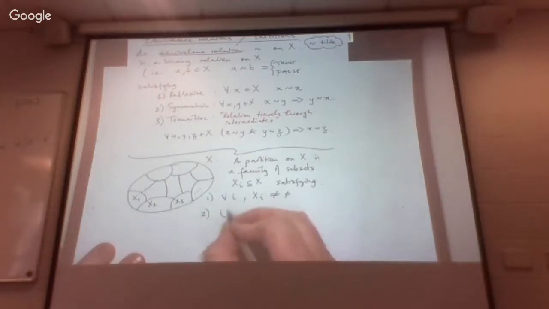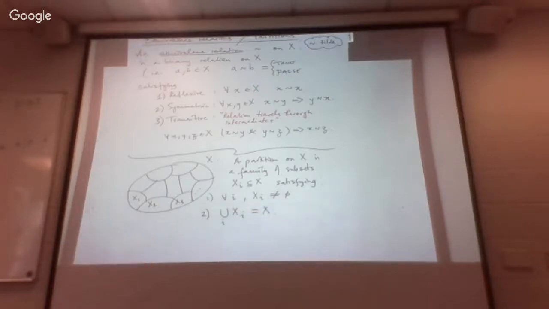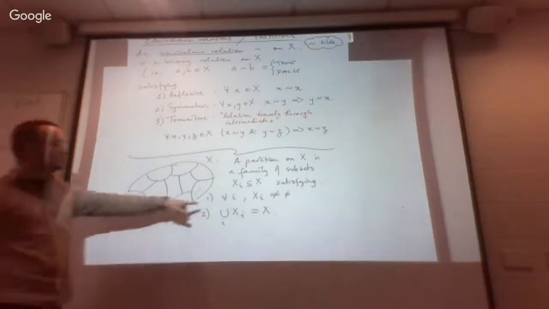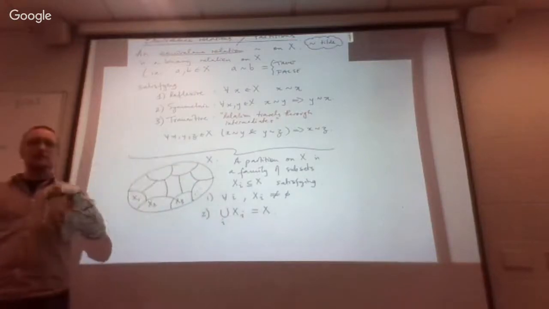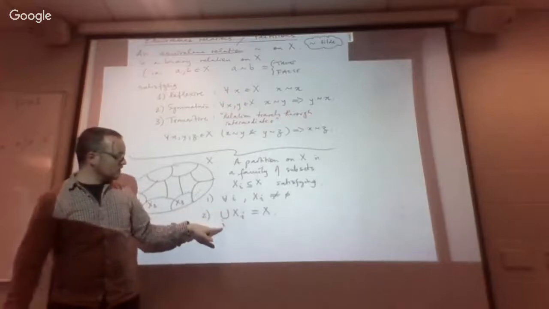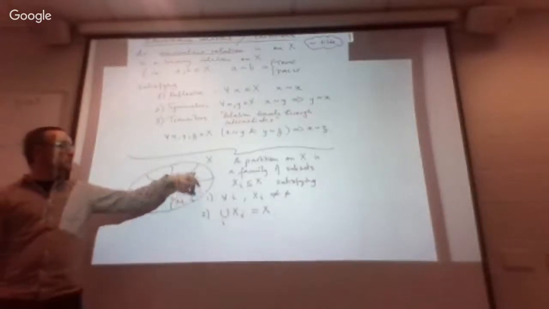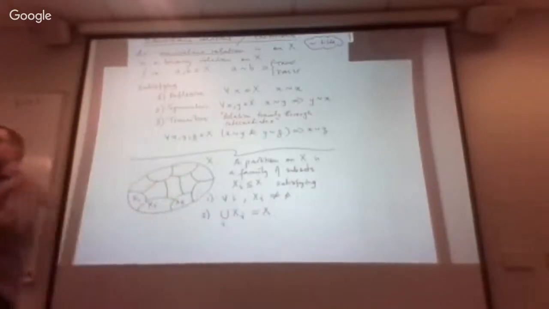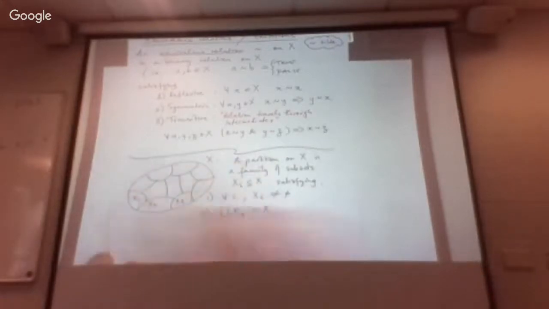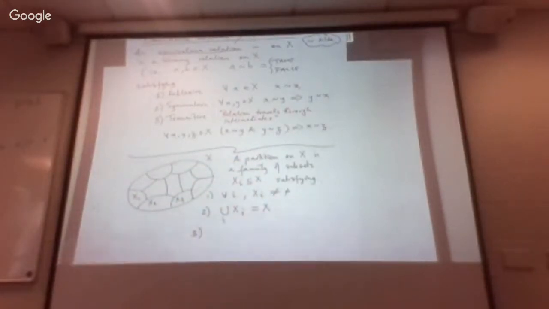Second property is that the union over i of the xi is equal to the set X. Here I'm using the union operator like you use the summation operator or the product operator. Taking the union over the index i of all these sets xi is x1 union x2 union x3, etc. Unioning up all the subsets gives you the set you're starting off with. And the third property is the no intersections property. But the way this is normally presented is